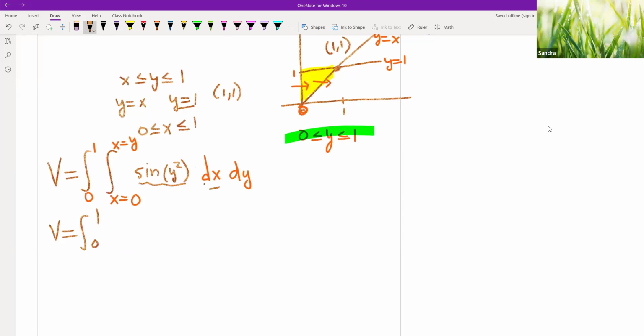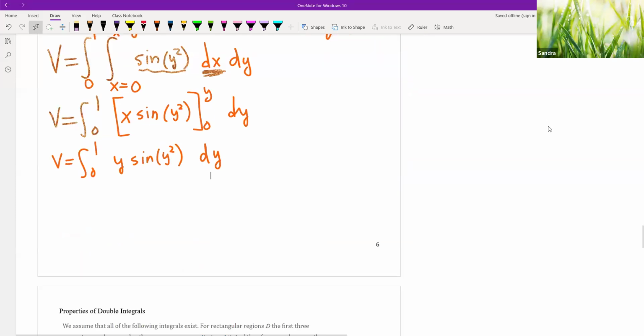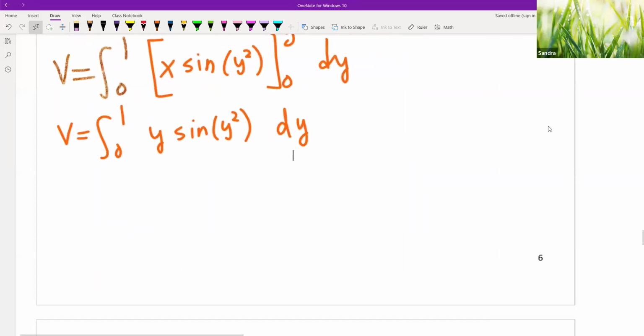Well, it's with respect to x, so then this would be x sine y squared from 0 to y, dy, from 0 to 1. I'm going to substitute the y into x sine y squared. If I plug in the 0, it's just going to be 0. So then dy. So this is the only thing that I have to integrate. And I don't know about you guys, but I think this one's really nice